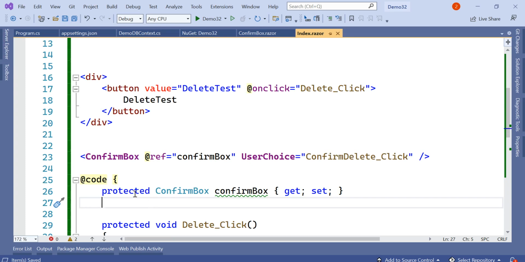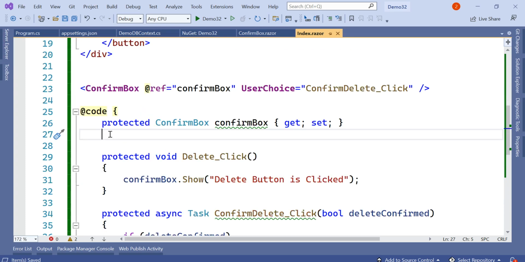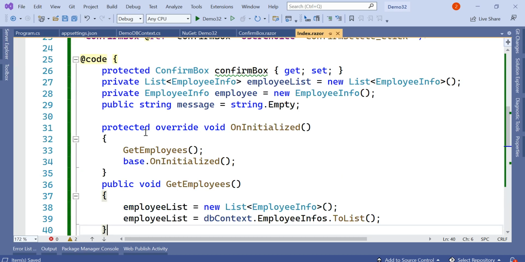So before that we'll have to create a few variables to store the data. It will be a list of employees and a single employee. So let's create that. Here we have simply added a few variables: employee list, employee, and a message, and we have added